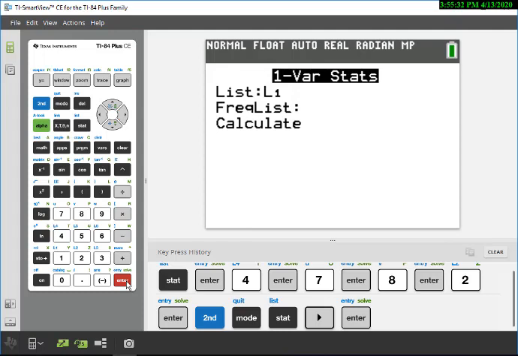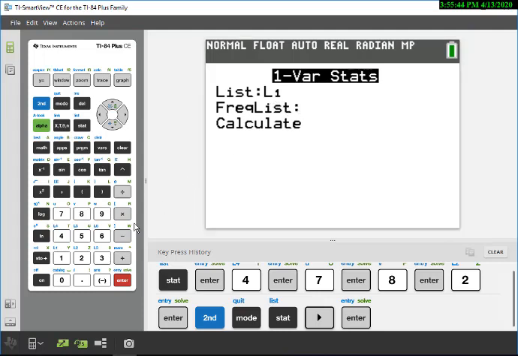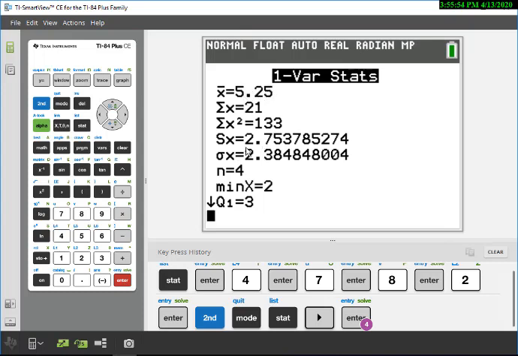Now, in some cases, you may have an older calculator which doesn't give you this home screen or this pop-up menu. In any case, it's probably just going to say one variable stats, and then you're just going to select L1 and then just hit enter. Okay. Now in our case, I'll just hit enter